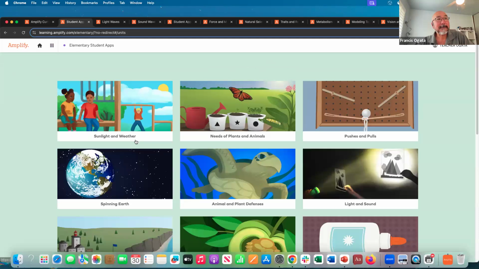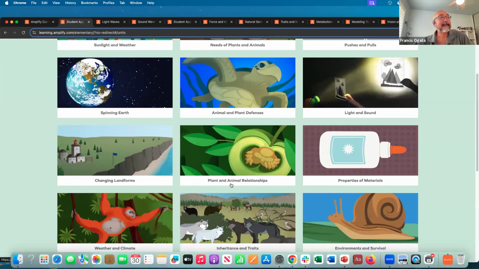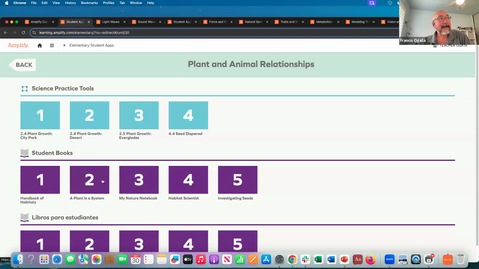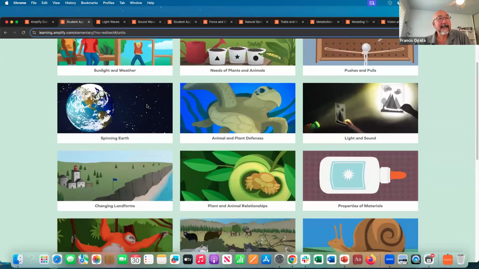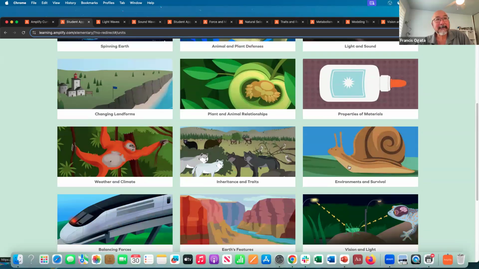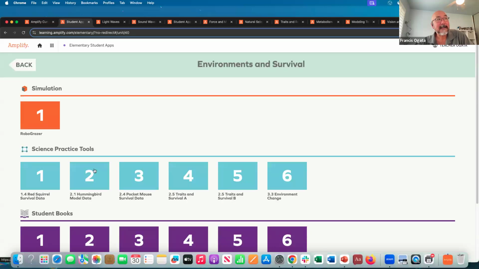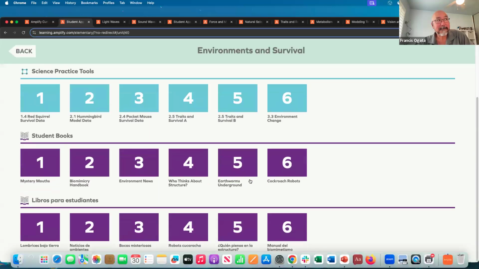But if I go to second grade, plant and animal relationships, I can see that I have modeling tools as well as the student books. And then starting at third grade, environments and survival, you'll see that I have the digital simulation, the modeling tools, and the student books.